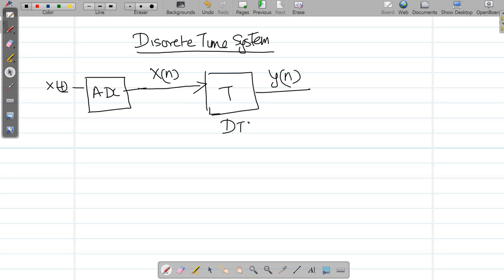This is DTS, and the output is again a digital output, which can be converted into a continuous time signal using a DAC, that is. So this DTS can be a computer which processes the discrete time sequence and outputs a discrete time sequence. This sequence can be converted into a continuous time signal using a DAC, that is